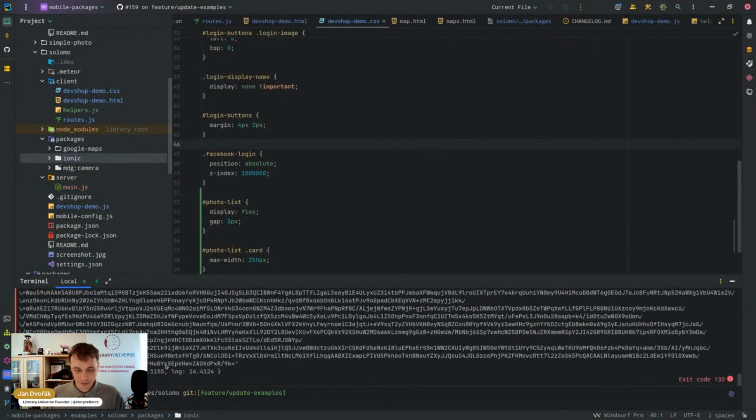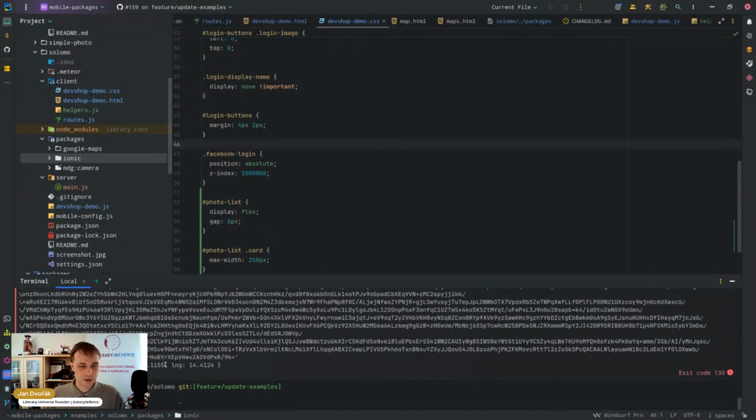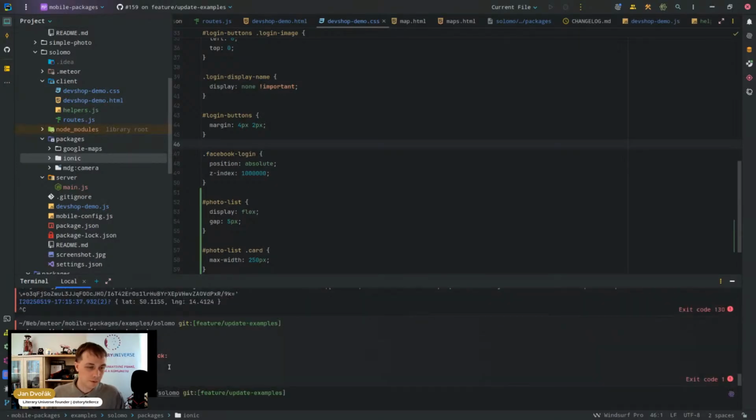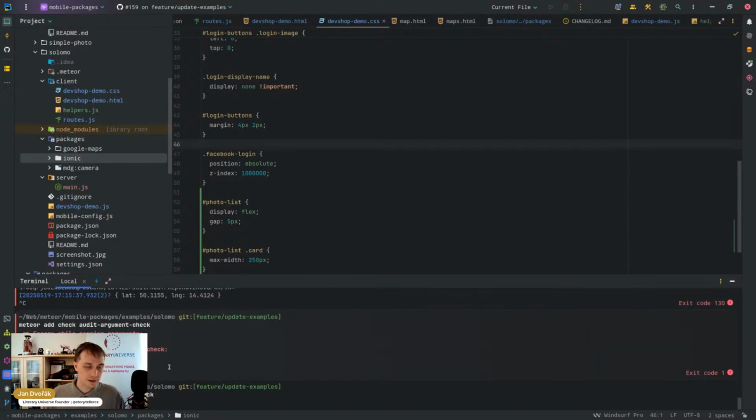So that means we have the methods working right now. There are some other issues, but what I will do is meteor add check and audit argument checks, I think is the other package. So what these do,